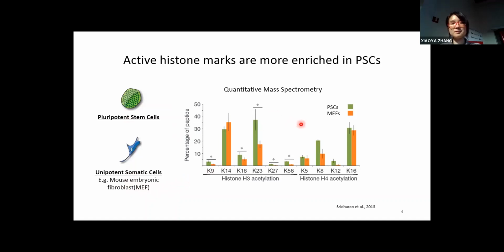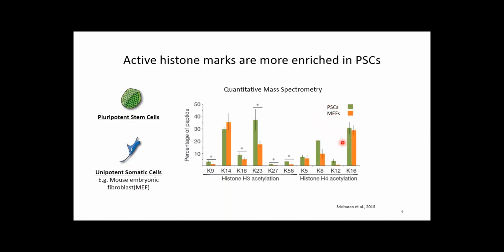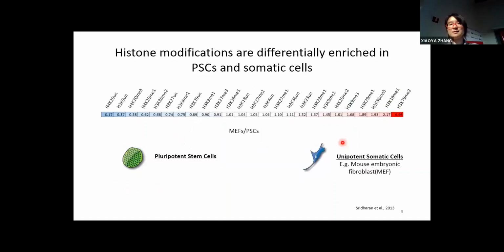When we compare, we can see some histone modifications known to be associated with active gene expression, like acetylations, are much more enriched in pluripotent stem cells compared to somatic cells. In the same mass spec data, this table shows the fold change of somatic cells compared to stem cells. Here we can see, as expected, reversely, that the repressive histone marks are much more enriched in somatic cells compared to stem cells, where they have committed to a certain lineage and closed most of their programs and only